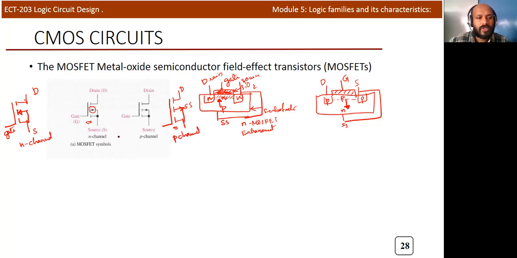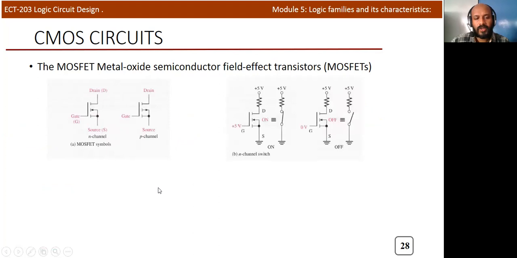So this is the basic structure of N-channel and P-channel MOSFET and the corresponding symbol for enhancement MOSFET. But most of the time this symbol contains more components and it is very difficult to represent, and that's why most textbooks use a very simplified representation of this CMOS. So this is the exact representation of N-channel MOSFET, but if you refer to some textbooks, they use a very simplified representation. We will discuss that also.